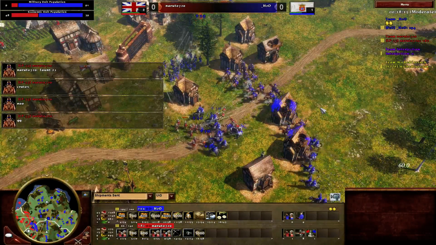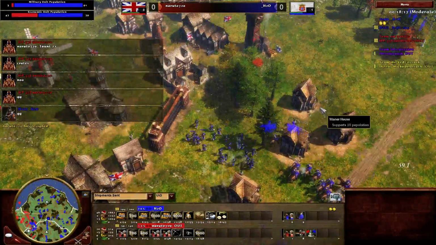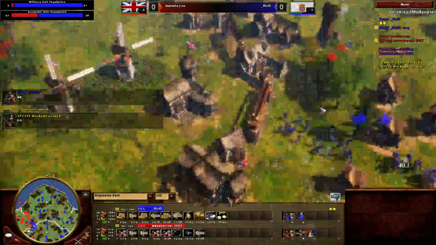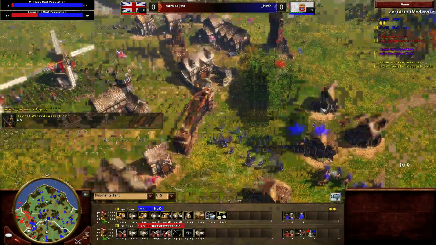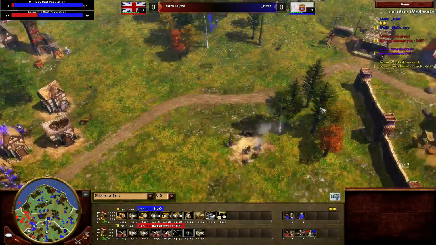Yeah, it's a shame his longbow got caught out in front of the walls, actually. If they were behind the walls, it certainly would have gone a lot better for him. It would have been much more difficult for the cavalry to get into position. And there weren't really that many cavalry there. So sadly not being able to use those walls, but a decisive victory coming in from H2O with a very safe